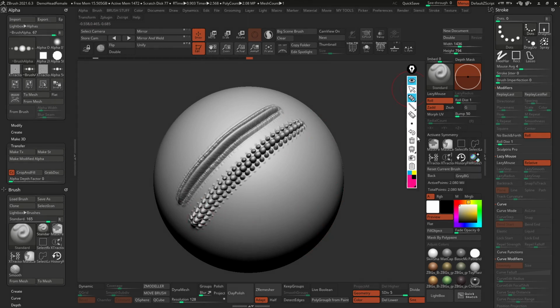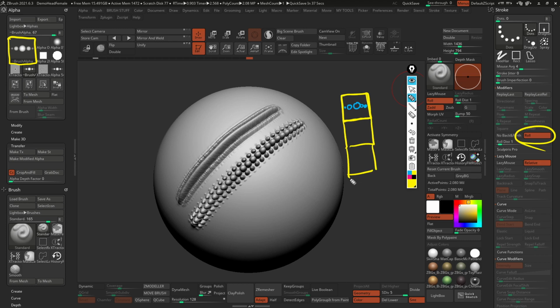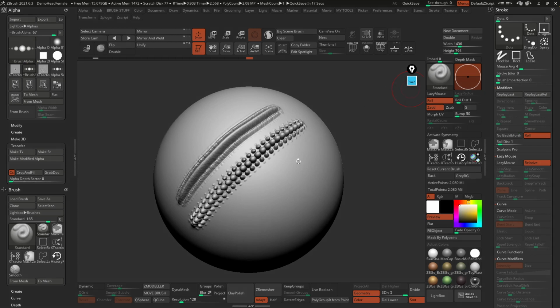right? So in other words, this is the alpha, right? And here, sorry, this is the square where the alpha is located. This is the actual alpha. As soon as we enable this roll, what ZBrush is doing is taking the whole placement, or this whole square with the alpha, and is just rolling it. So that is how you can create tileable alphas in a way, or tileable brushes. So right now what we're doing is just duplicating that alpha like so, right? Obviously it's happening with less spacing, but that's from a different setting that we're not going to look into because I'm interested in showing you some other stuff.